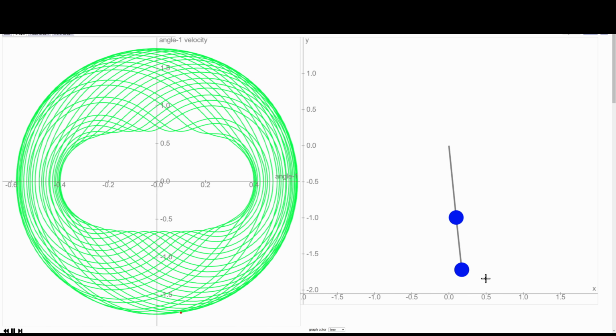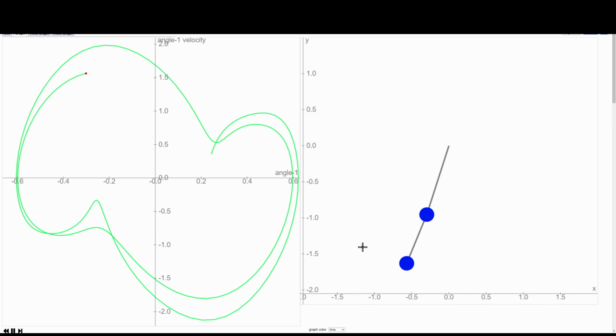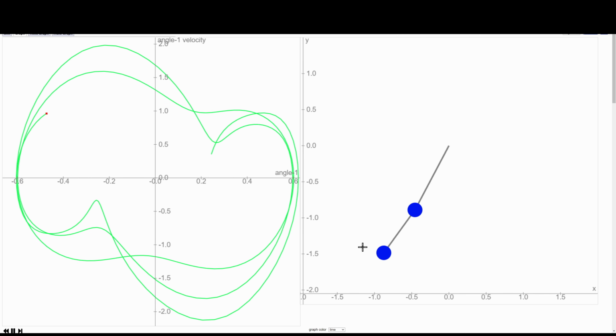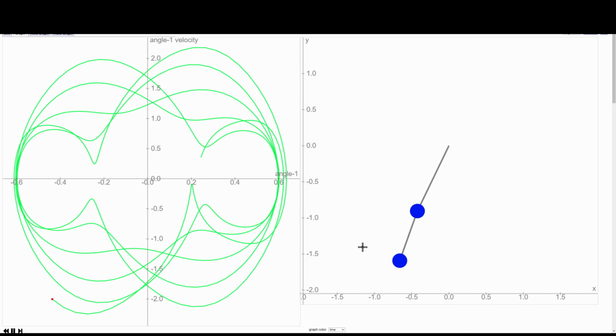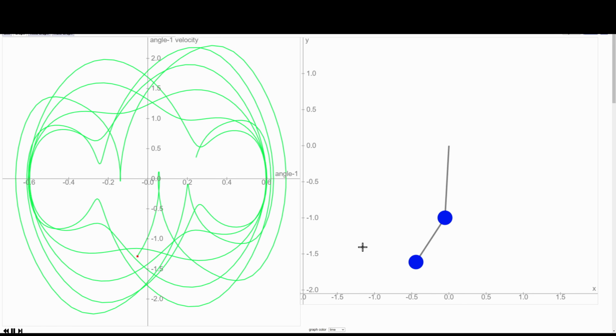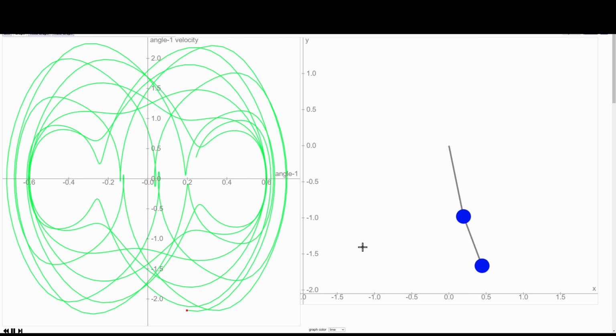So probably this is a better place that we can stop with reference to this animation. This is another situation where the disturbances are quite heavy. Now the second bob and the first bob, both of them are typically of the same mass. In the earlier case you started with the balloon, so a slight disturbance. Now it is not so. Both the masses are equally massive. They are not identically the same, but two different masses. Now you see how the phase space trajectory is getting complicated.